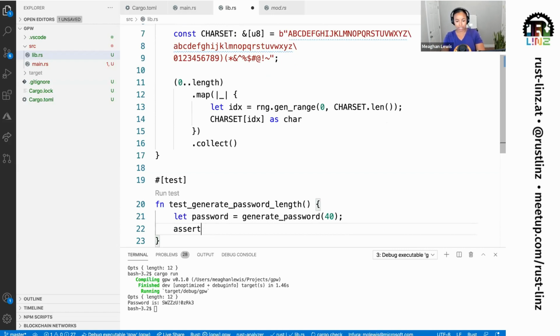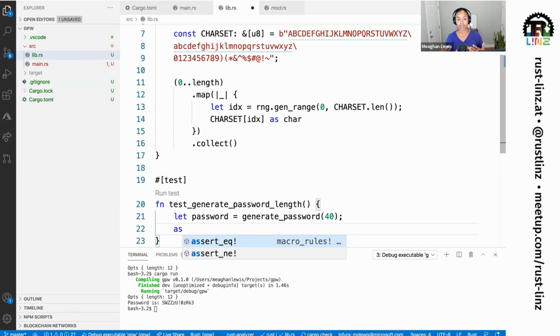So let me step back just a moment. You'll notice that as I started typing assert, I got suggestions like I've done previously. I wanted to call out specifically that Rust provides a couple of assertions that I can use as macros right off the bat.